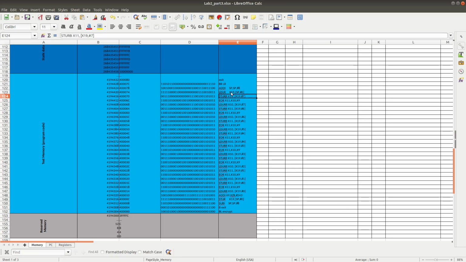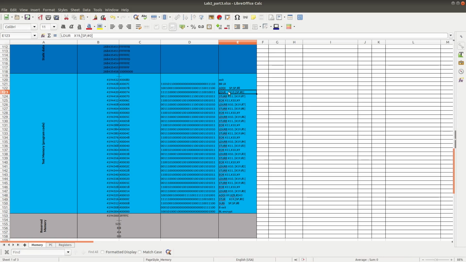What does it mean? It means that we need to load back the value of X19 that we stored into stack memory, so that we don't lose our X19 value after calling the procedure.